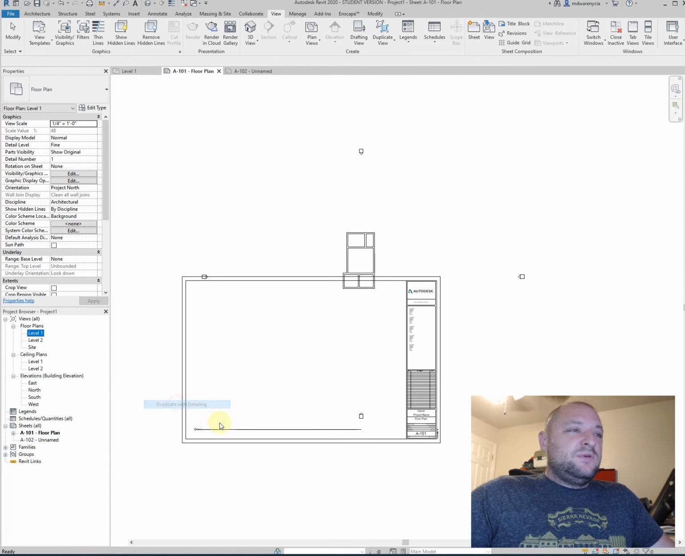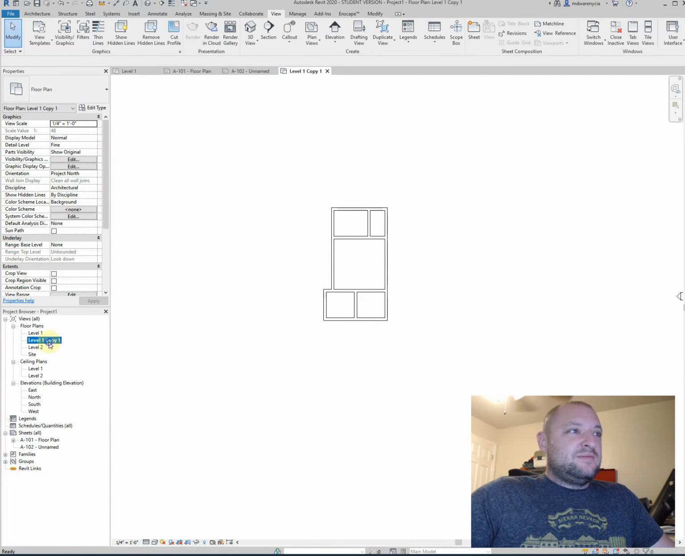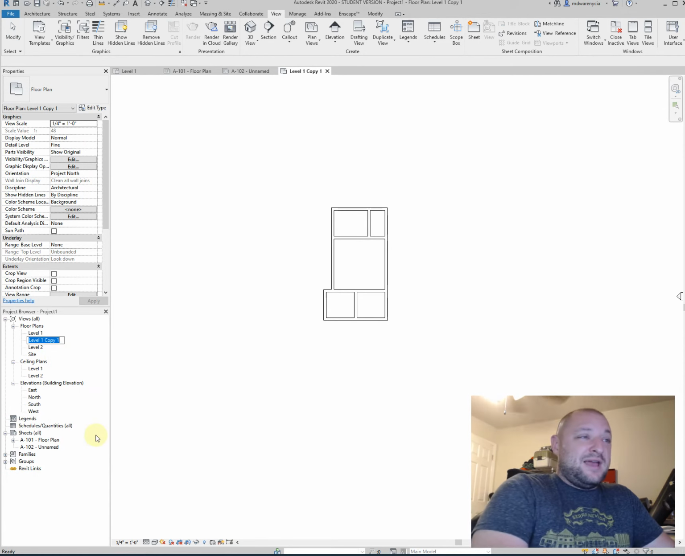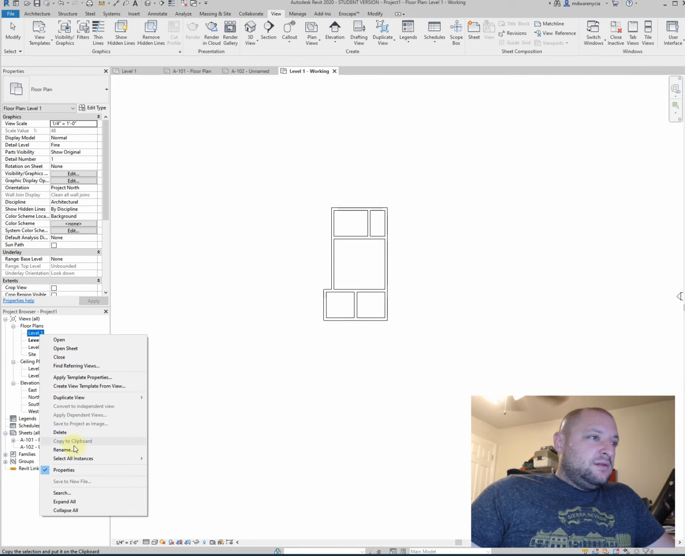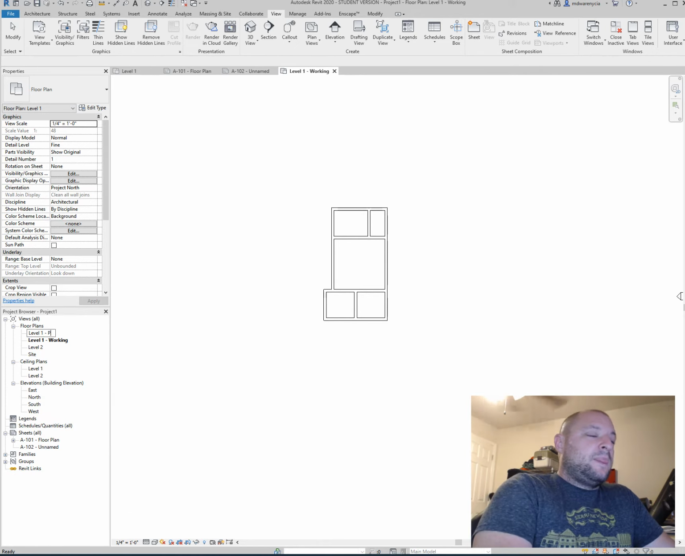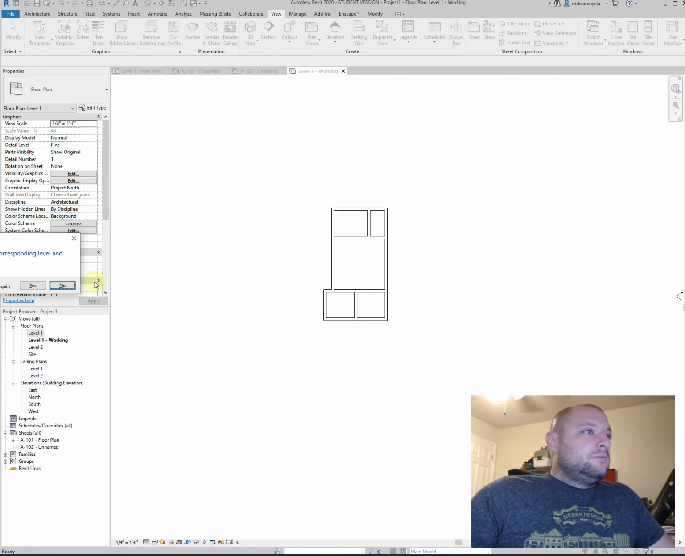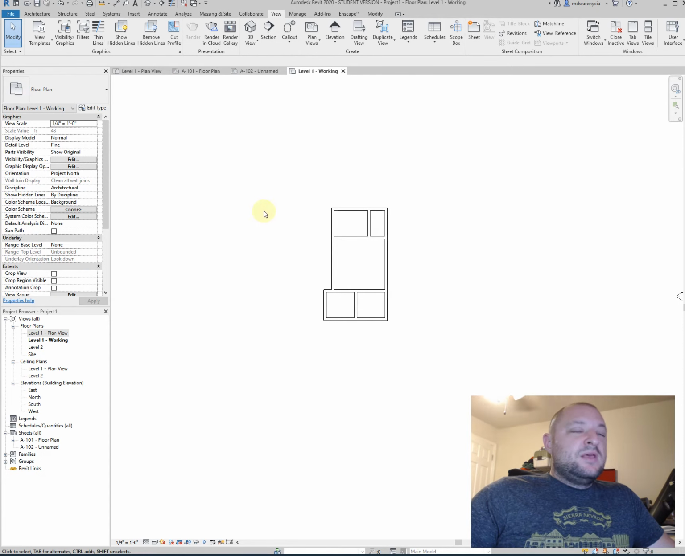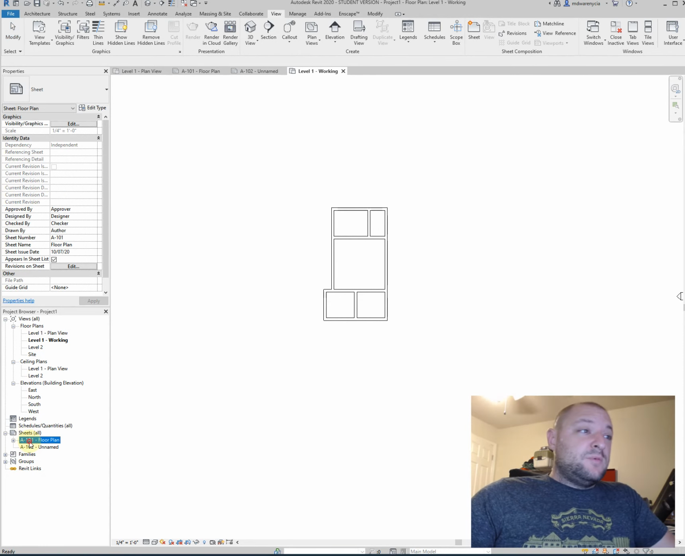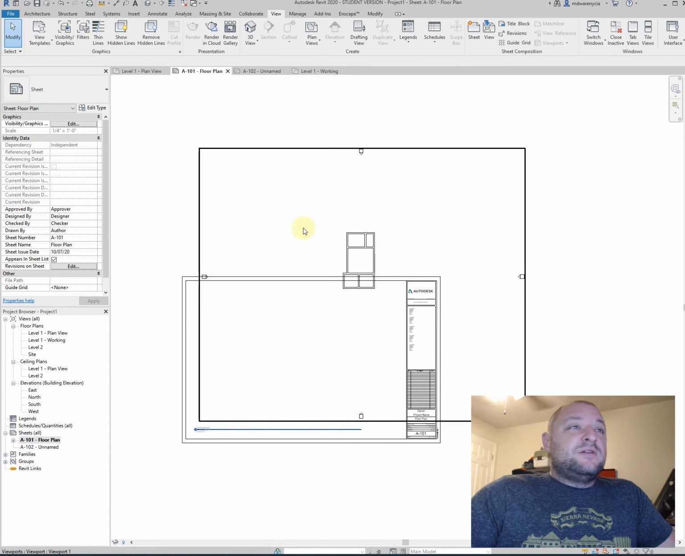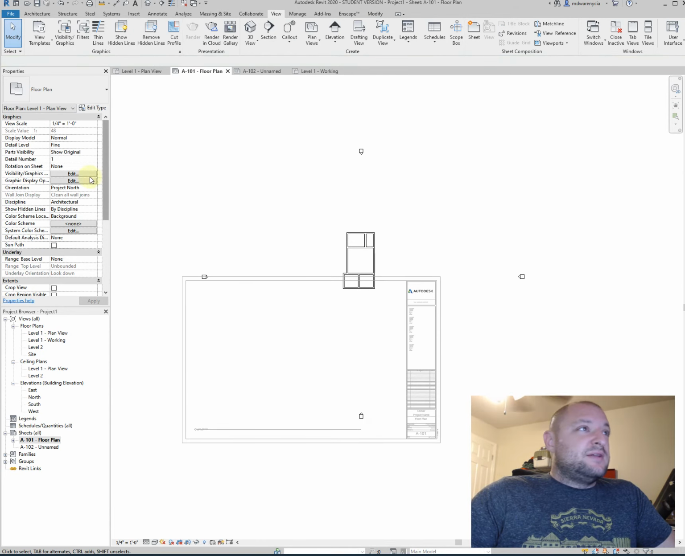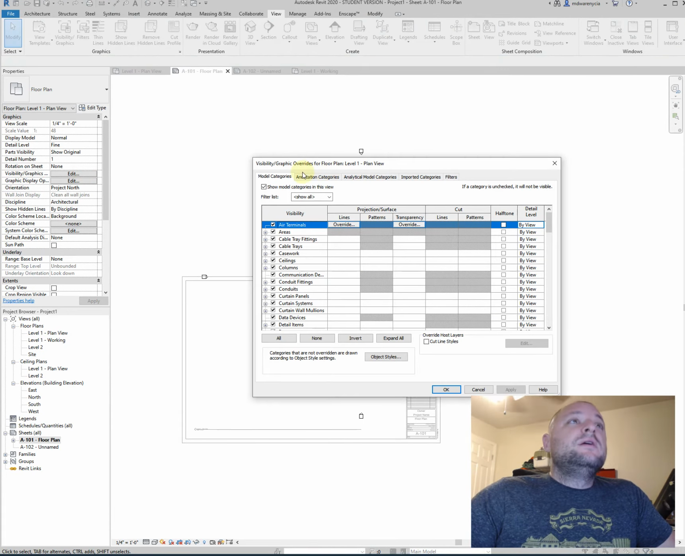So duplicate view with detailing, and before I edit anything, we'll call this level 1 working, and this is level 1 plan view. Okay. These are the ones that I would actually drop into my model. So now I've got this here, and if I double click inside of here, go to visibility graphics,